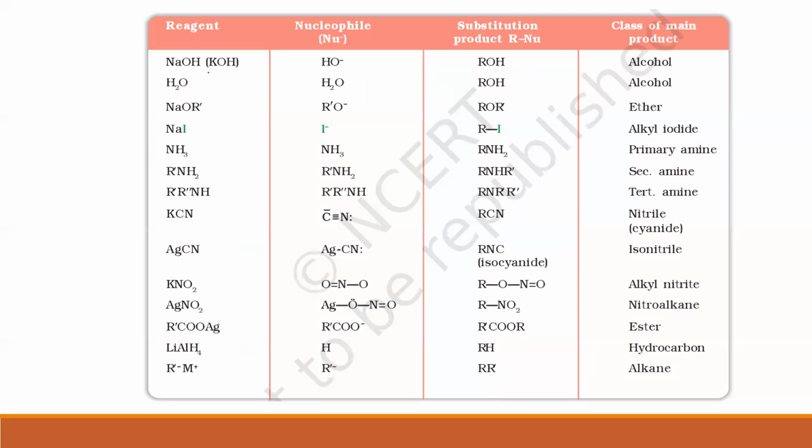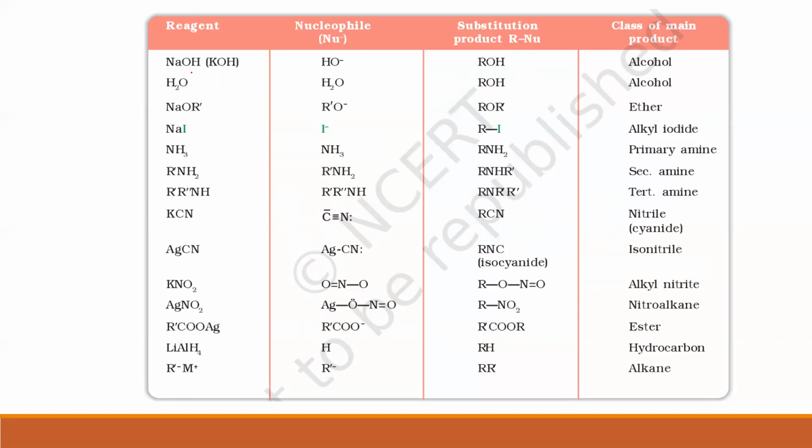Depending upon what reagent, this talks about the nucleophile and what is the product that's obtained, and the name of the product. Clear? This table gives you a complete picture as to who all can give the nucleophile. Let me take a couple of examples so that you understand. I will not be going into the entire list here, but I'll just be focusing on certain aspects.